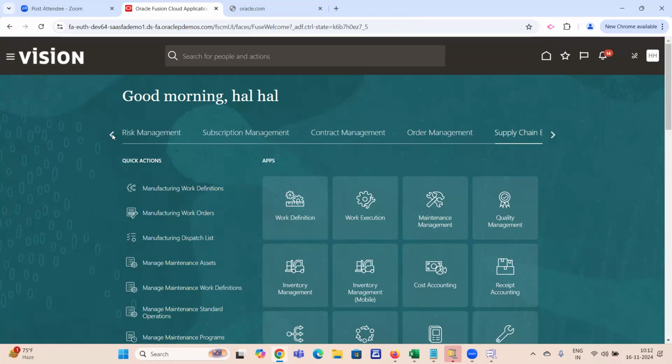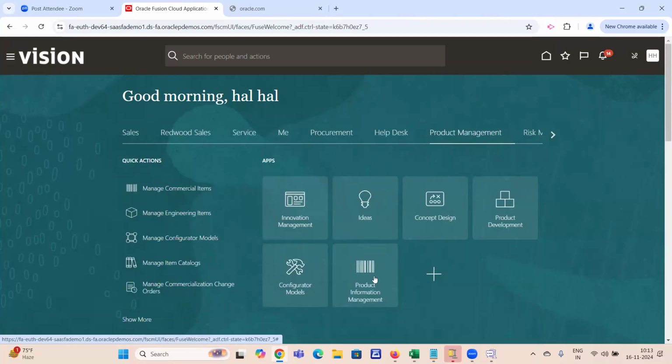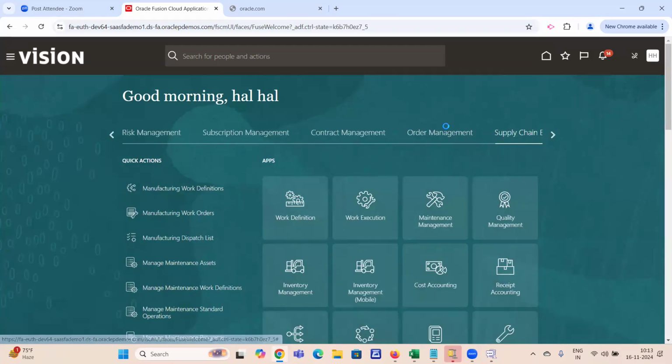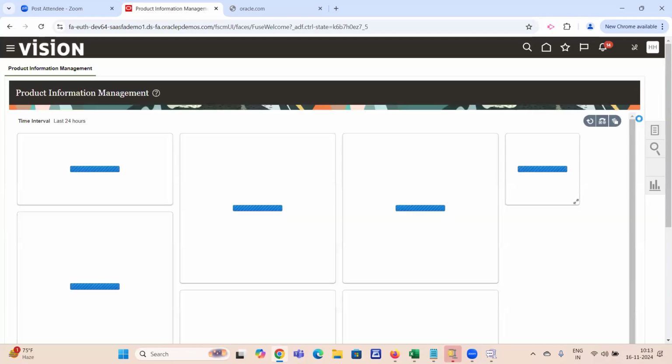A question, Pramod. The earlier search page, is it customizable, like if a new field needs to be added? Okay, let me show you that quickly. That's a good question. Let me go to inventory management again. When you say customize, you cannot add new fields which are not available. There is an option to add new fields to the search criteria that are already available. If you go to Manage Item Quantities,